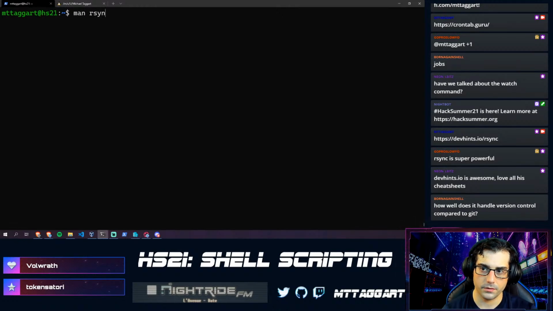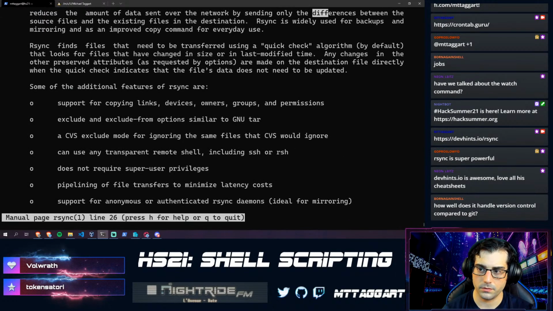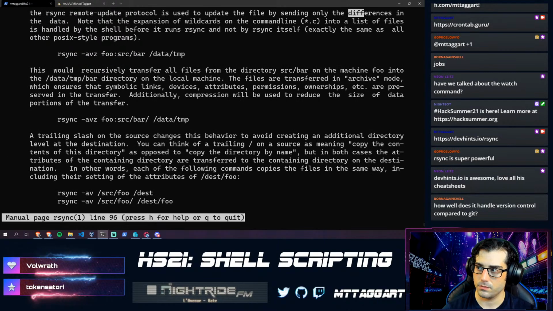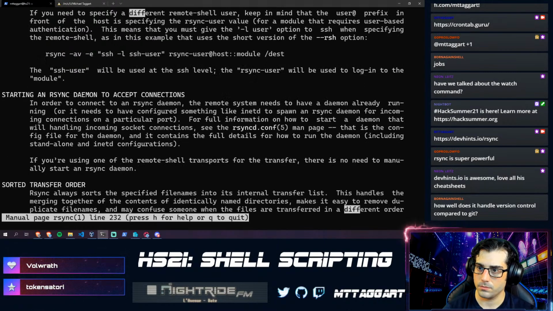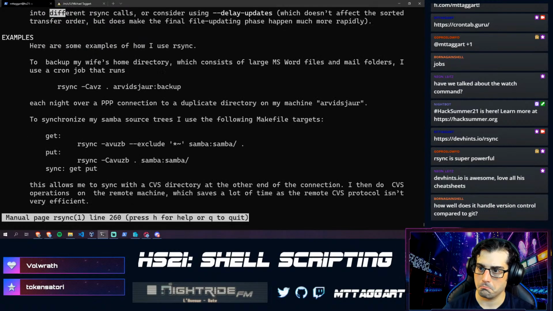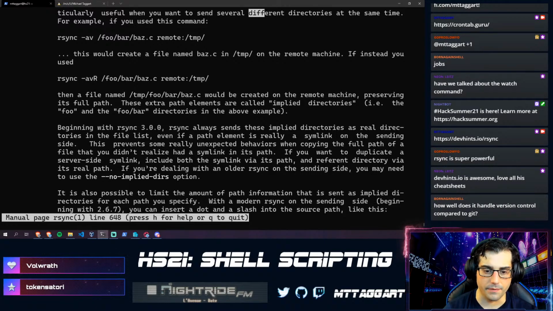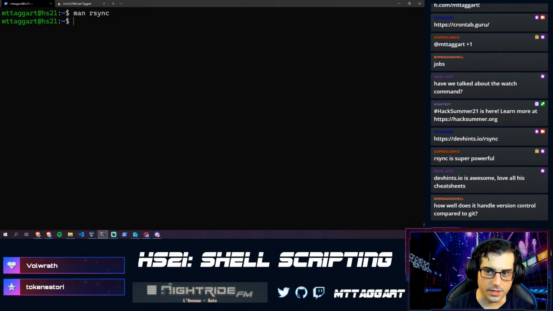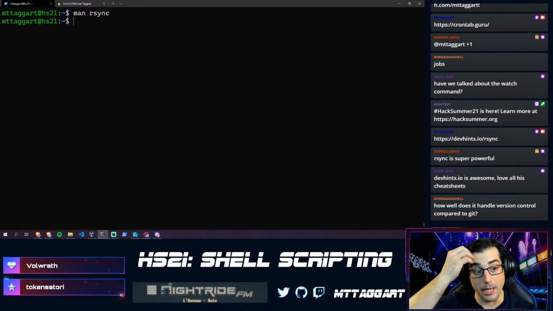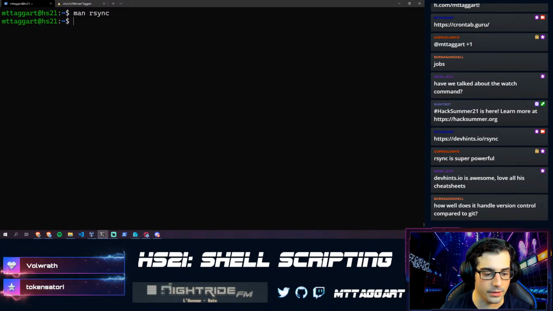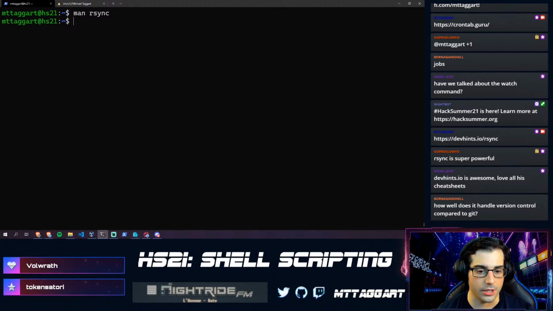Yeah, by sending only the difference between the source files and the existing files. It doesn't really tell us here how it's doing the diffing, but I'm pretty sure it's essentially the diff command. Line by line. So if it's a binary blob or something like that, it won't really know how to deal with that. It'll just use the different dates of change.